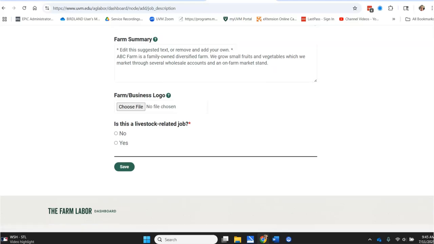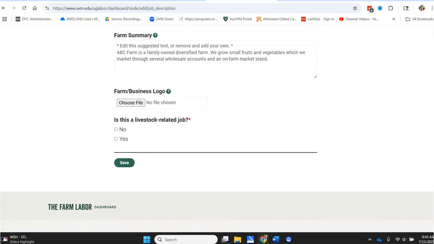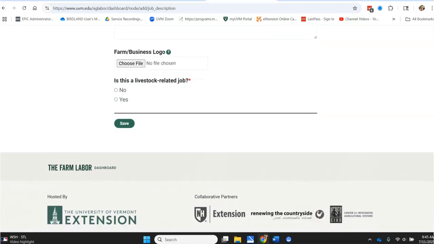The next thing is a farm summary, which is an opportunity for you to just say a few words about your particular farm, how you're organized, where you're located, things that an applicant would want to know about you. There's also a field where you can upload your farm business logo if you would like, and then you can go ahead and